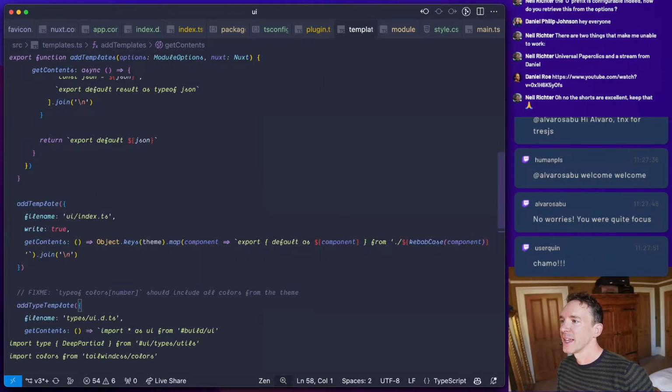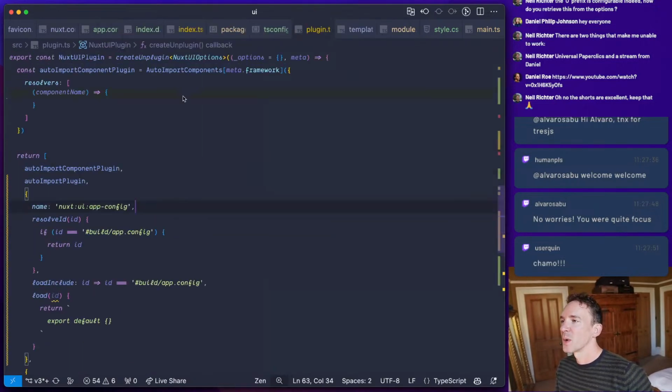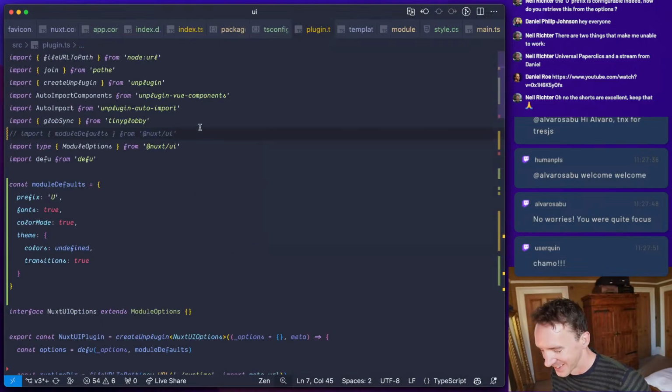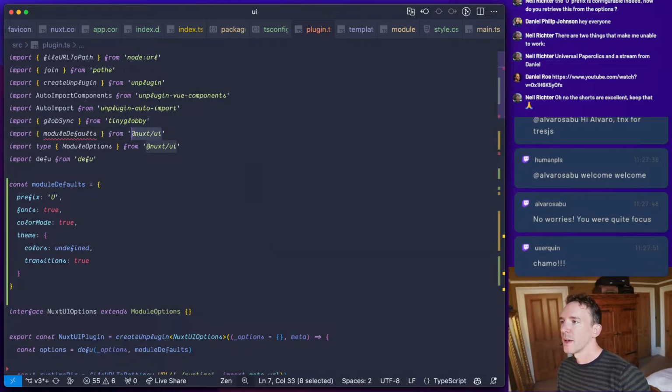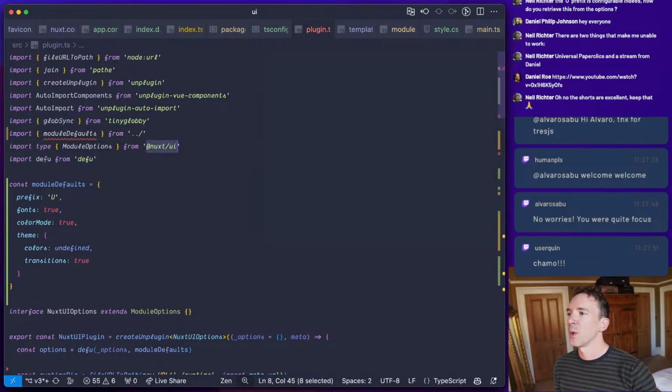Okay, so let's just try and create a little stub that's going to work with these things. So we're going to import this. Let's just try, oh, that's right, because we're alongside it. And we're going to import that from index, right?